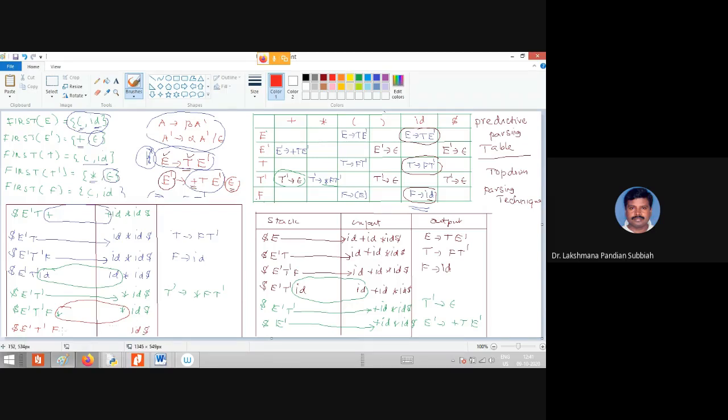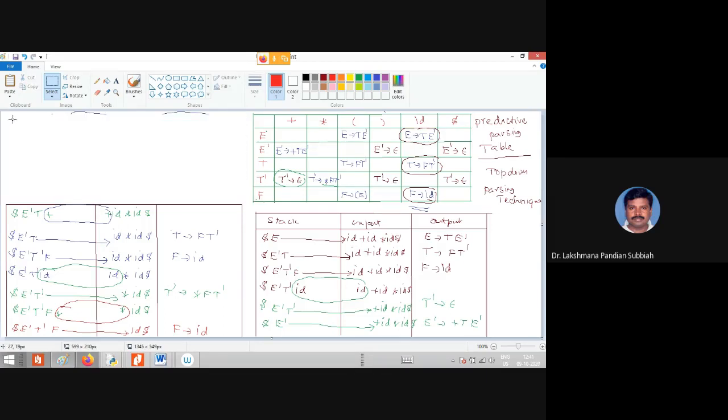So you have to find out the entry for F and id. F and id is F derives id. Now you have to remove F and place id. So what you will get now is dollar, E dash, id.